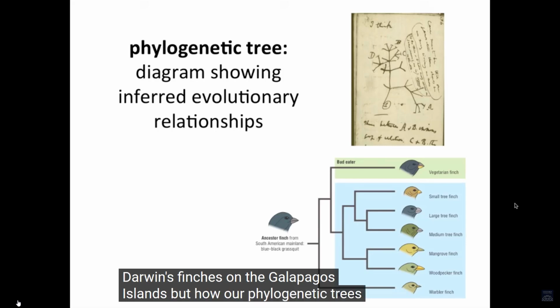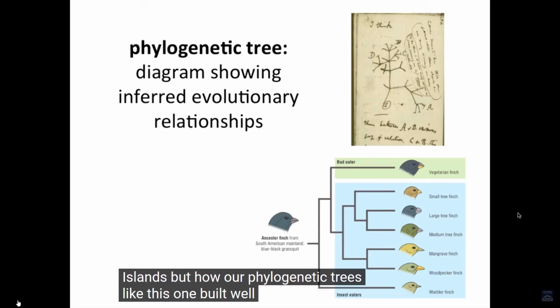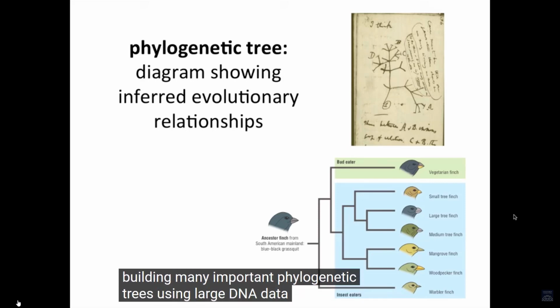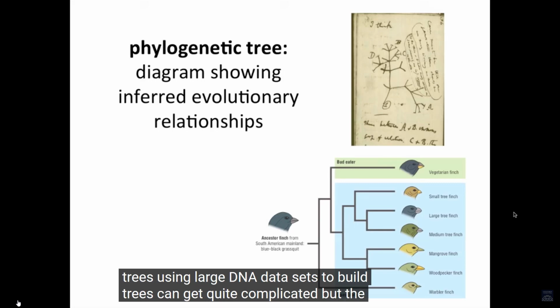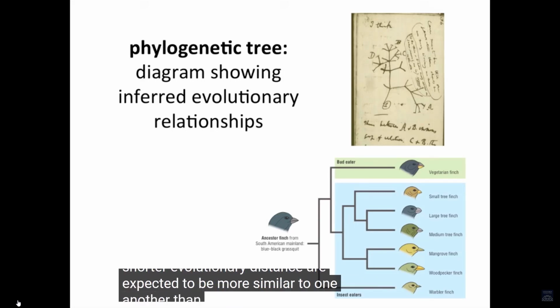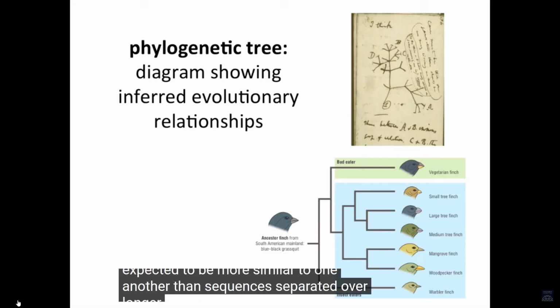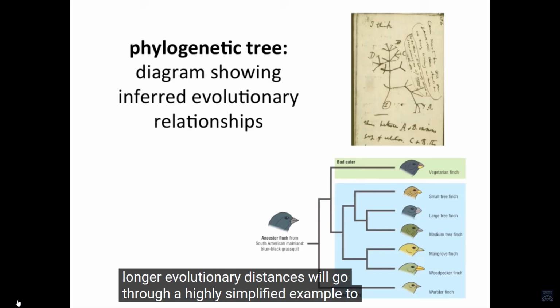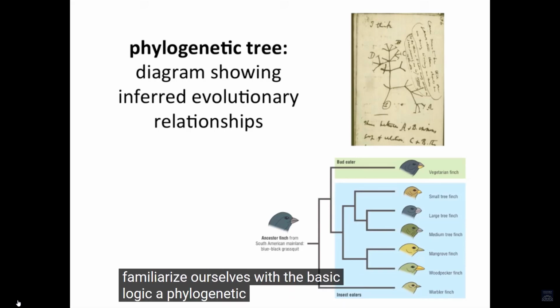But how are phylogenetic trees like this one built? Well, any characteristic can be used to infer relationships and build phylogenetic trees, and DNA sequence data has proven incredibly helpful in clarifying and building many important phylogenetic trees. Using large DNA datasets to build trees can get quite complicated, but the underlying principle and logic is pretty straightforward. Sequences separated by shorter evolutionary distance are expected to be more similar to one another than sequences separated over longer evolutionary distances. We'll go through a highly simplified example to familiarize ourselves with the basic logic of phylogenetic tree building